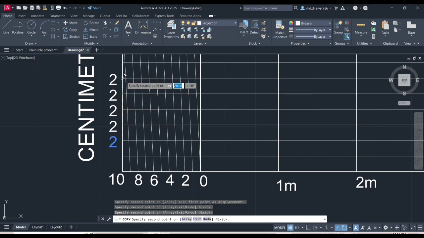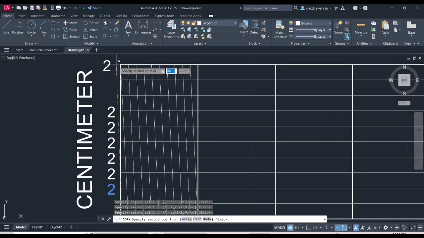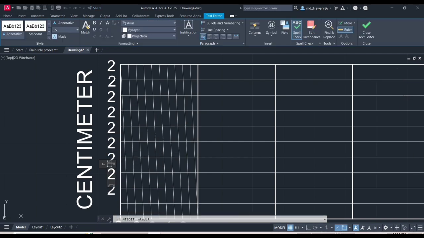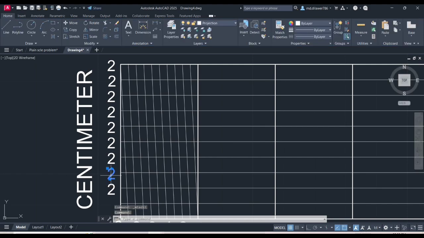Okay, so simply you can use the text or dt command, and on the multiple points you can type the numbers. So this is, wait, I delete this 2, and this will be 4, and this alternate numbers I am going to give 2,